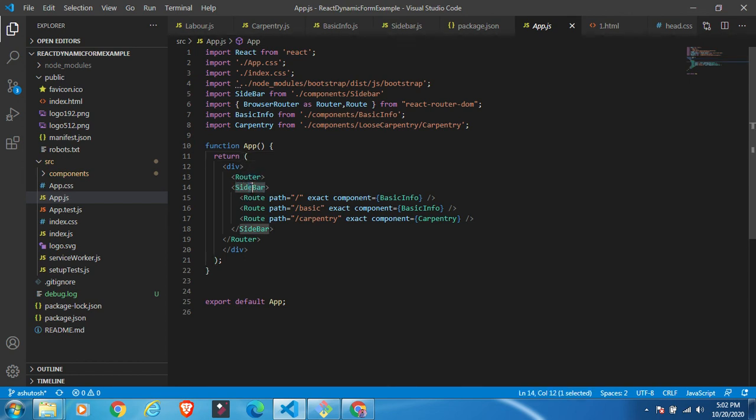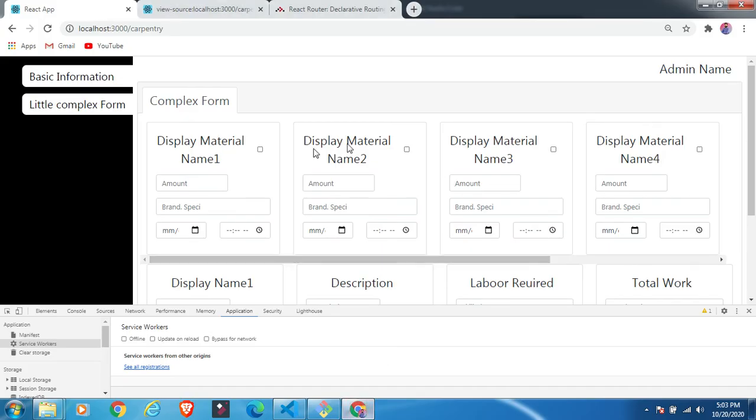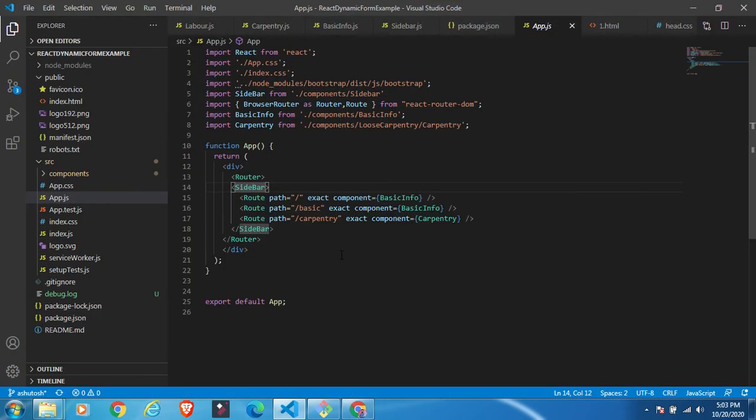Within this sidebar you can notice some routes are written. It means the component will open in this particular sidebar as content. I will talk about these things later on, but for now you understand the flow. Slowly I will talk about the sidebar and header, and then move to the routing part, because the routing part is very important and you have to know.